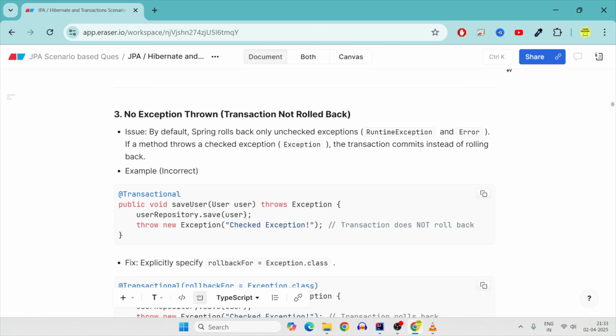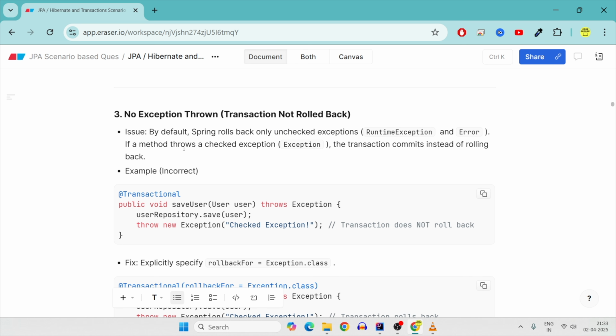Secondly, no exception thrown. Now this is a very tricky part, okay? And this is a very bad part also. I do not expect this, that such a basic thing every developer would know, but Spring rolls back the transaction only on unchecked exceptions, that is, runtime exceptions and errors.